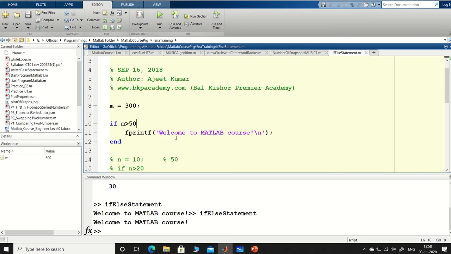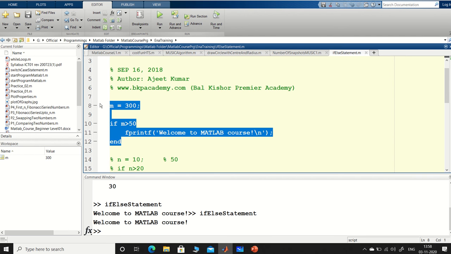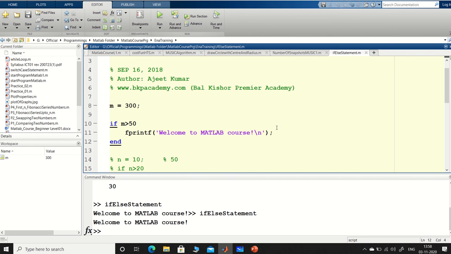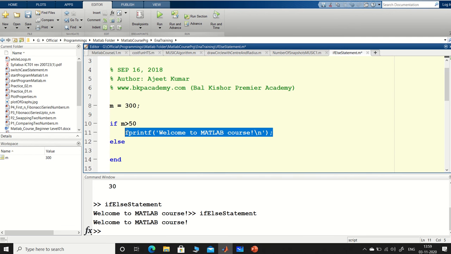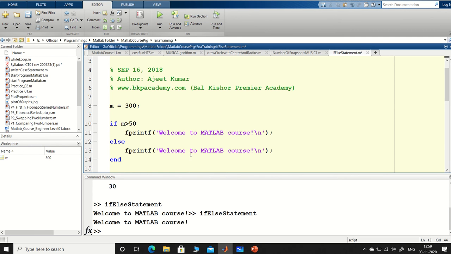Okay, now let's make an else condition as well. What we can put here is an else statement: else printf "You are not allowed to attend the MATLAB course", if m is not greater than 50.